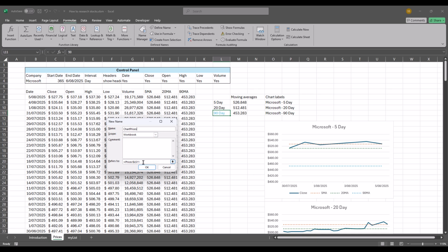Then click on the section down below, which says refers to. Here, we have to be very precise. One little error will kind of stuff the whole thing up. So type exactly as I type. We're gonna enter equals